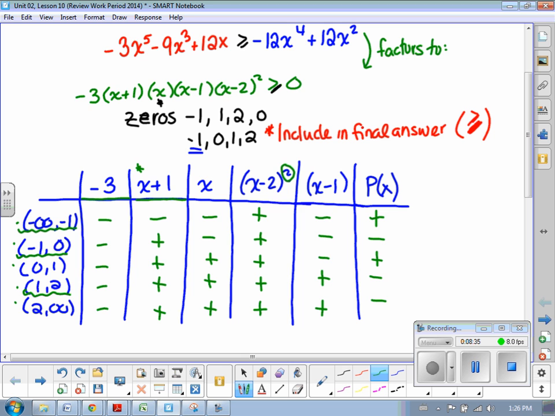But that last mark is going to come from knowing how to take that table and put it into a final answer. And typically there are a lot of problems at this point. This is sort of where, if you're not really understanding what's going on, this is where it's going to show up. So we want to make sure that